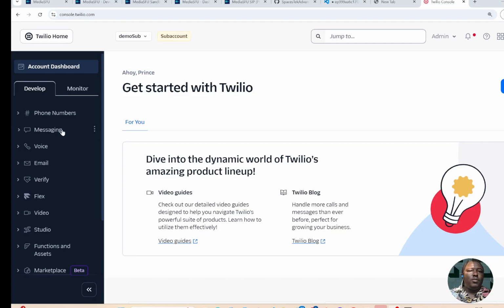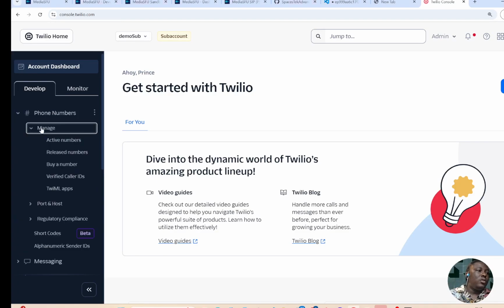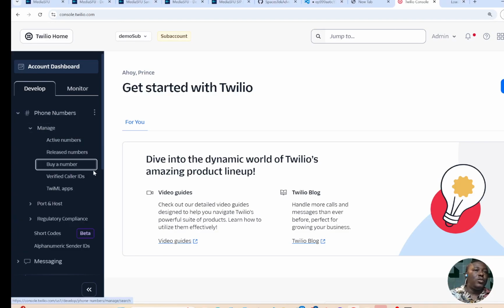So in Trello console, the first thing, if you already have a number or you don't have a number, the first thing you probably need is a phone number. You would want to connect with MediaSFU. So if, for instance, you go to buy a number,